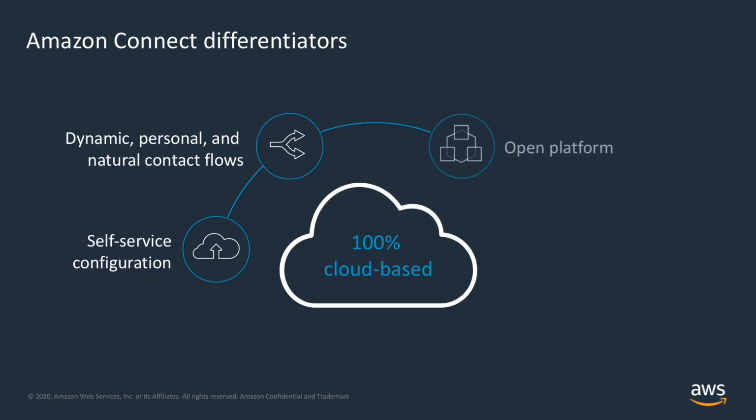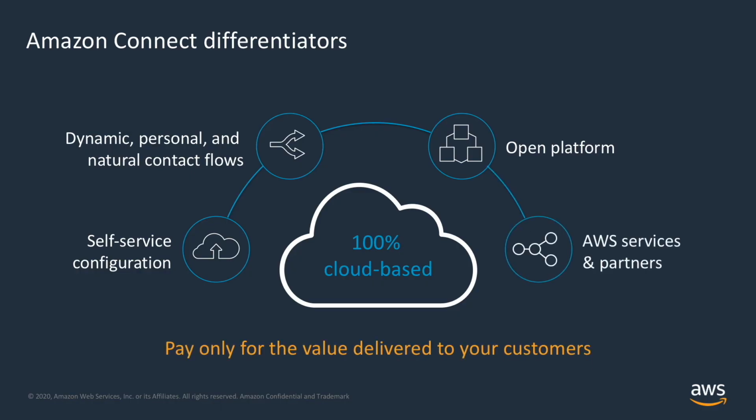Amazon Connect is an open platform that is simple to integrate with other enterprise applications. By integrating with your customer data, you can anticipate end customer needs, predicting and delivering answers to questions before they're even asked. The openness of Amazon Connect makes it possible to integrate into your existing infrastructure, leverage pre-built integrations, and ensure that you can continue to use other applications such as workforce management or customer relationship management applications. Finally, it is easy to leverage several AWS services and partners to quickly innovate on the experiences you create with